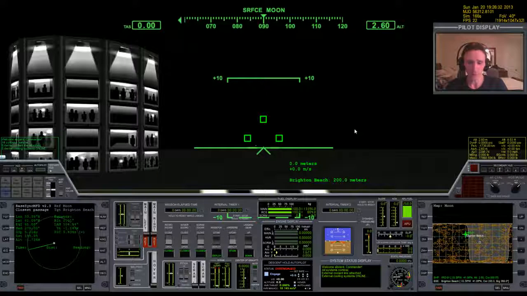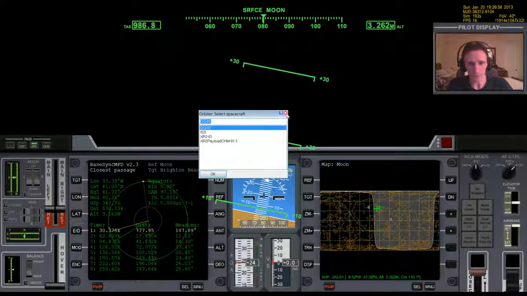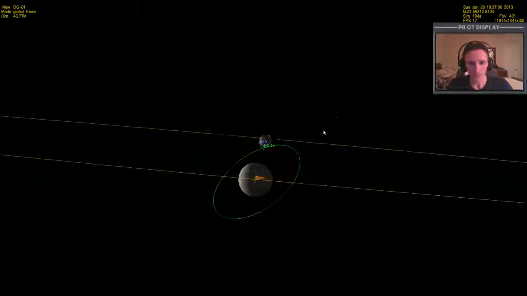I'm here with the DX7, the inline client, so that I can have that Orbit Lines add-on in use. And I just think there's something that I can show here that will help really drive home the point of why we need to leave the Moon at a specific time in order to get in plane with the ISS. So let me select this other vessel that I've got in this scenario, and we'll kind